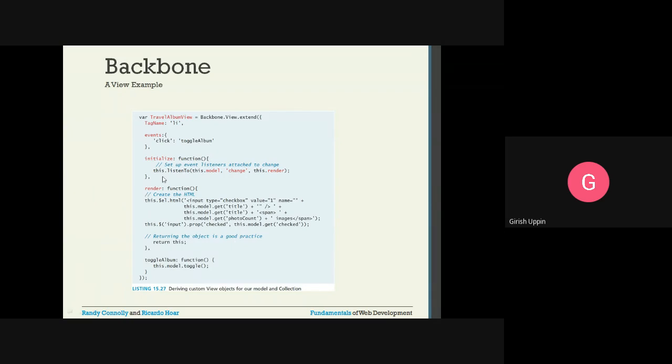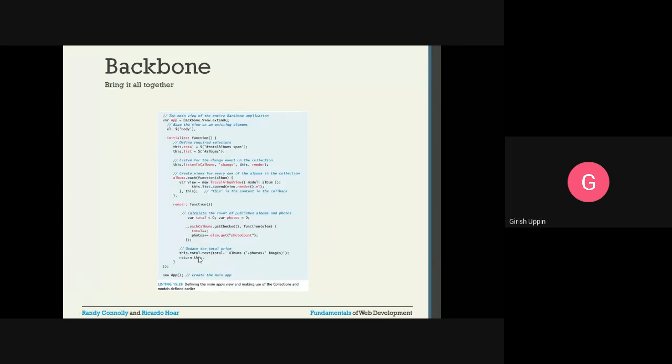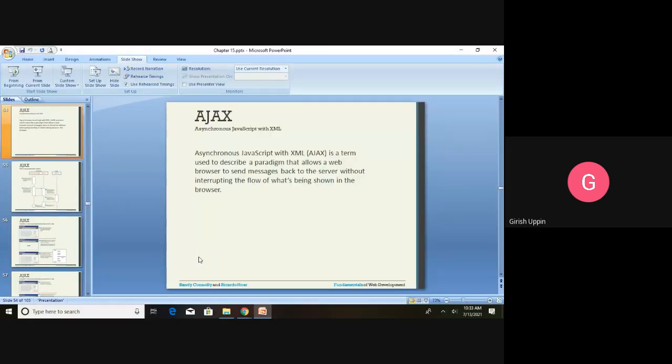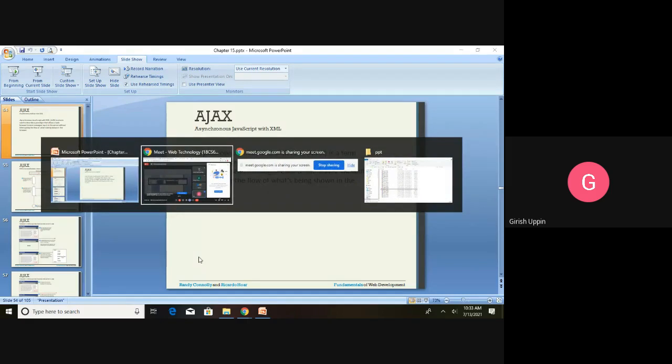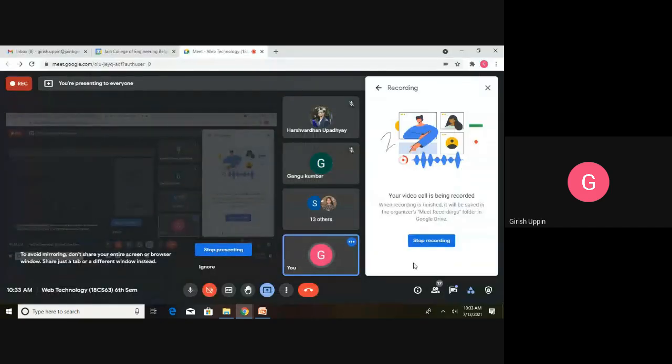And this is the initialize method, and this is the render method. Using the render method, we render the HTML. So you can see here, it will render the HTML on the browser. That completes the Ajax part and the brief introduction to Backbone.